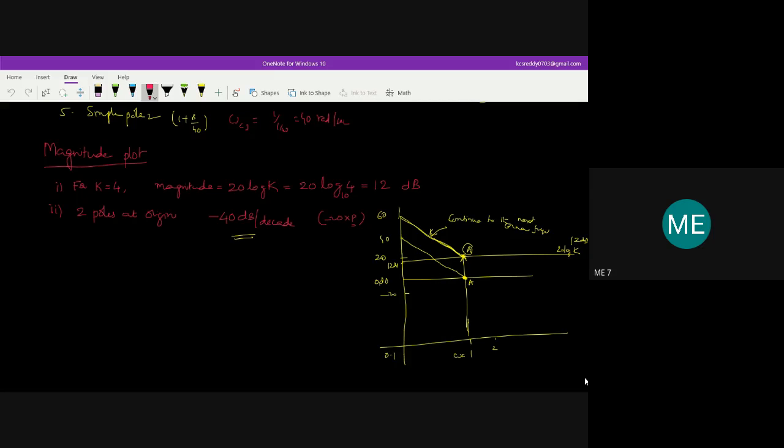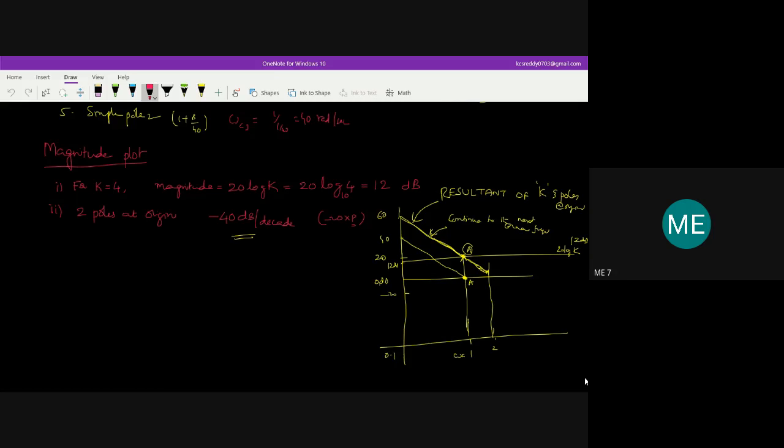So this is the 2 radians per second line. Until this line touches it, we need to extend this line with the same slope. This is the resultant of K and poles at origin. This is the first and foremost thing which you need to draw in the Bode plot,